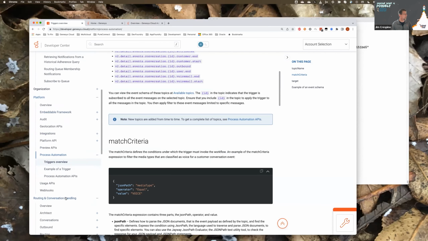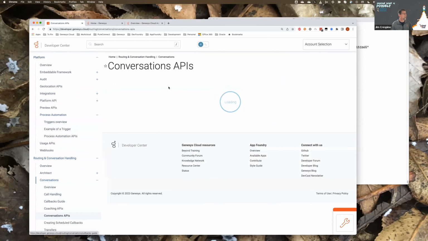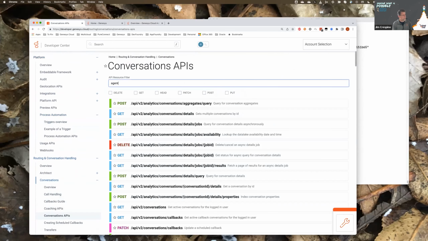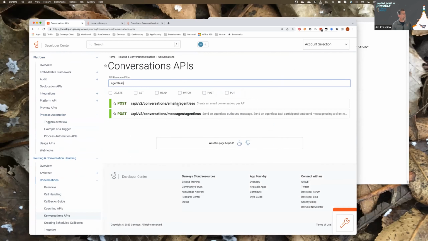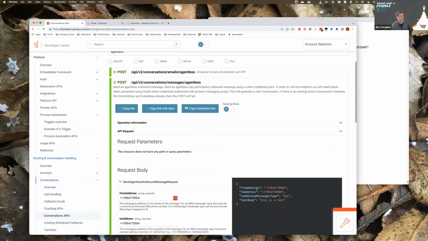Then you could go to the conversation handling conversation API, and we'll put in agentless, and we have messages agentless. This allows you to send an outbound message that does not require an agent. So you can send a from, a to, an SMS and a body.